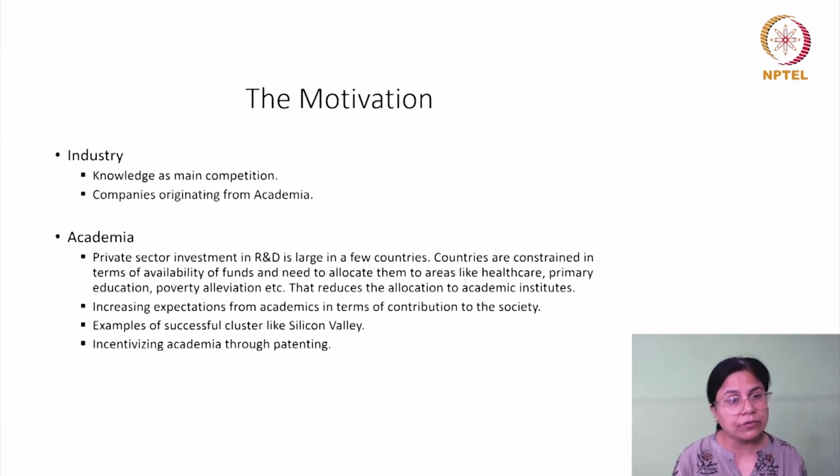So there is an expectation that societal problems will be addressed by the research which happens in universities and academic institutions. Moreover, now we also have a precedent. We have examples coming from Silicon Valley. When we talked about the role of universities in regional development, we highlighted different cases where we have seen this kind of intense collaboration coming forward. And clearly there is also a motivation we have talked about, which is how academia is now incentivized to go forward and patent the new technologies which they are bringing forward.